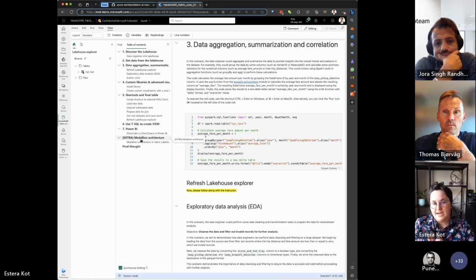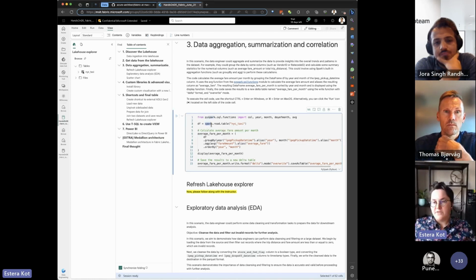So now the exercise about aggregation, summarization, and finding the correlation. A very efficient way of reading the delta table, just defining the New York City taxi name. Now let's clean and aggregate the data. We are creating a data frame, reading the entire table and grouping the results by year, meaning a specific column.